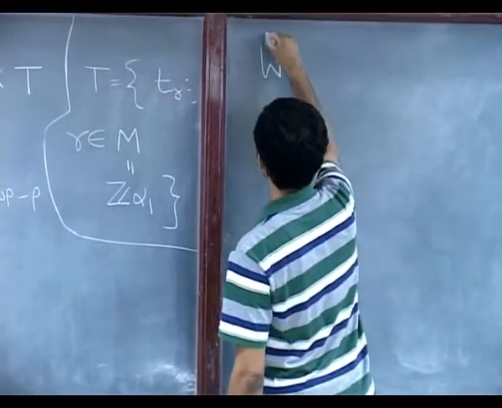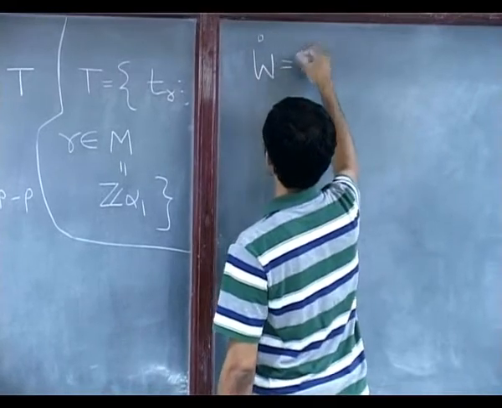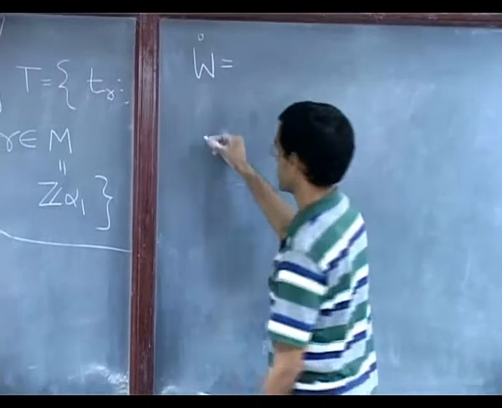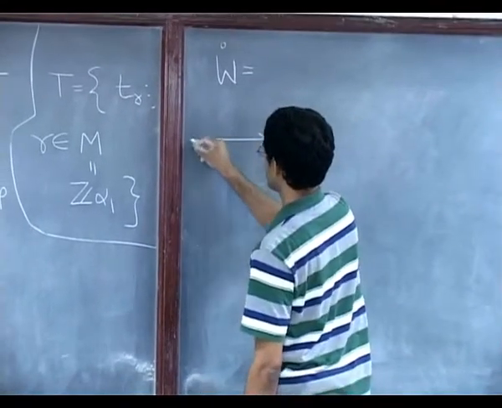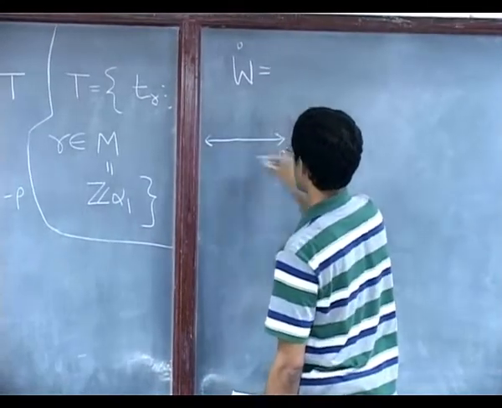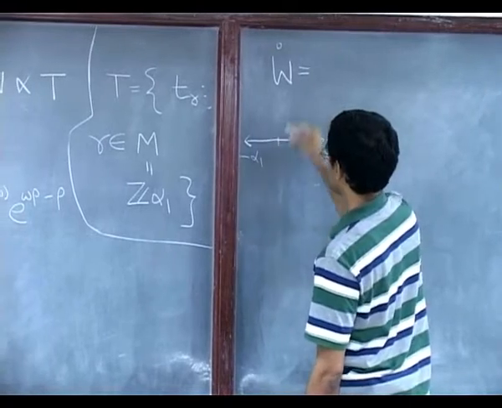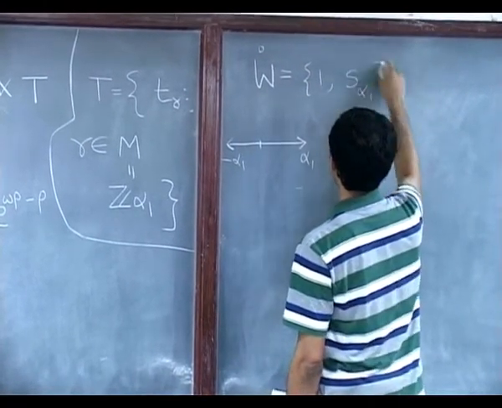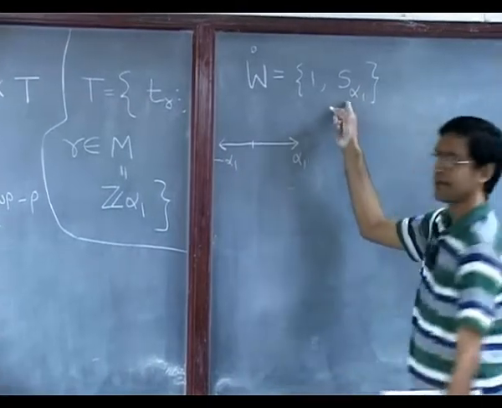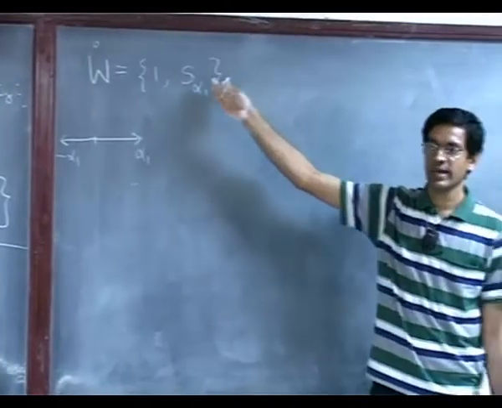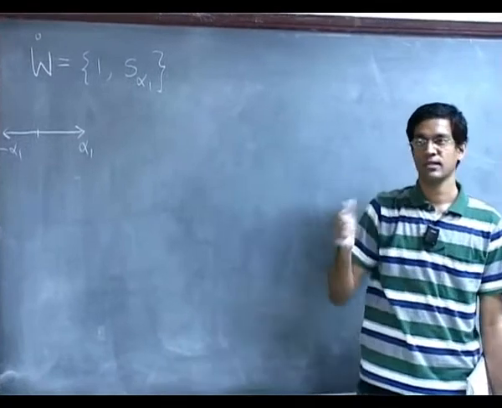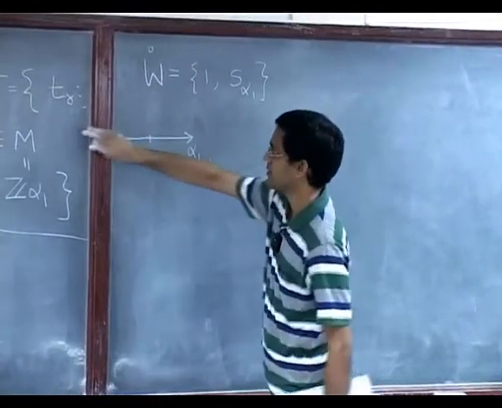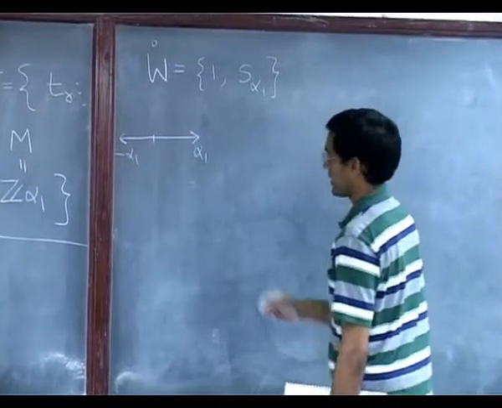By the way, what is W0 in this case? The finite Weyl group, the root system is just, what is the root system of SL2? It just has alpha 1 and minus alpha 1. And so this finite Weyl group only consists of two elements, 1 and s alpha 1. It is a group generated by this one reflection, but its square is identity, so it only has two elements. It is just the reflection about the origin. So that is W naught, and T is right there.